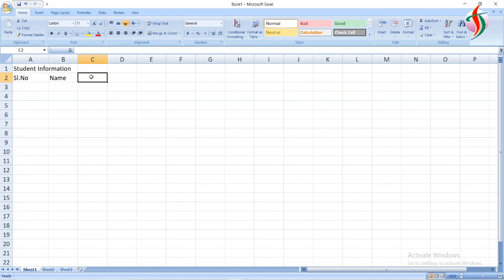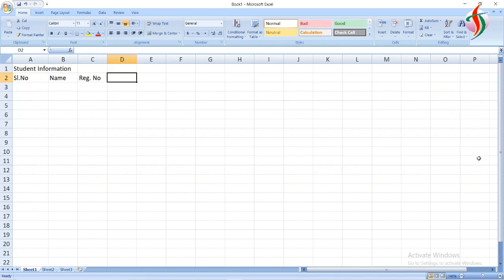If we click Enter, it will go to the block below. So we can use the arrow button. The right arrow button will go to the next column. I'll use the right arrow now. Okay. So serial number, name, register number,